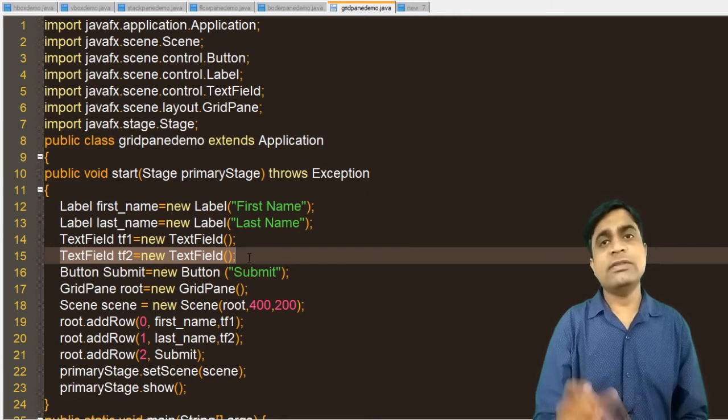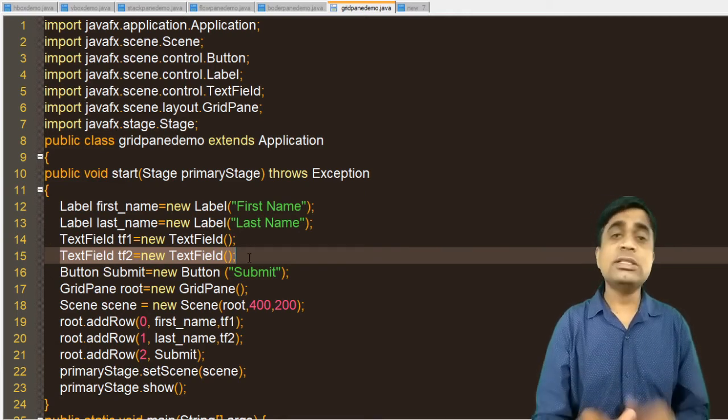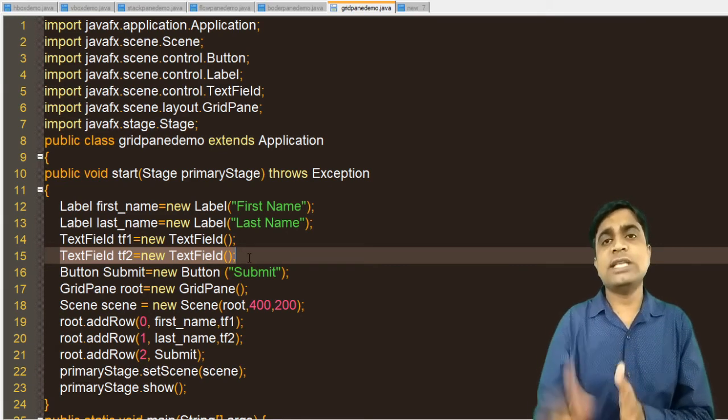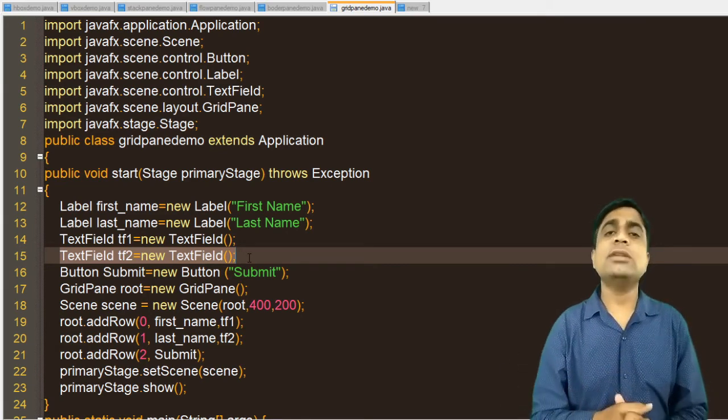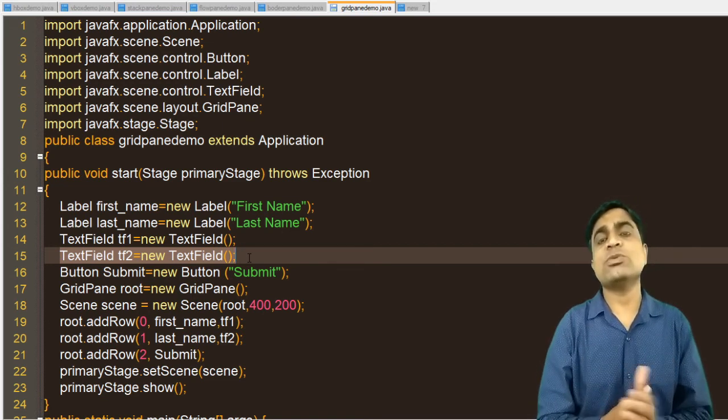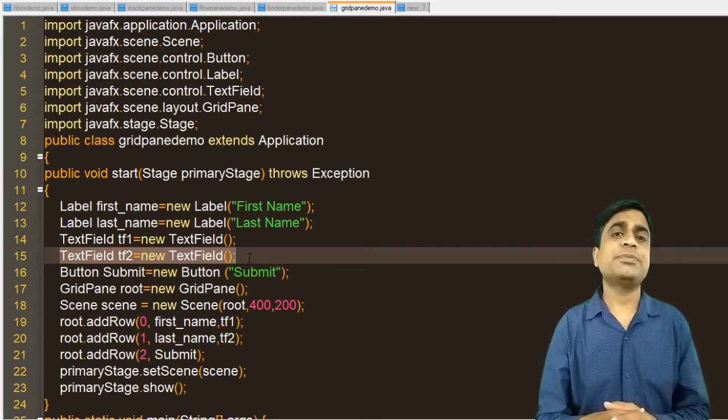Then create a VBox and pass the objects of the first HBox, the second HBox, and the submit button. You can also create that type of structure using the HBox and VBox combination, right?